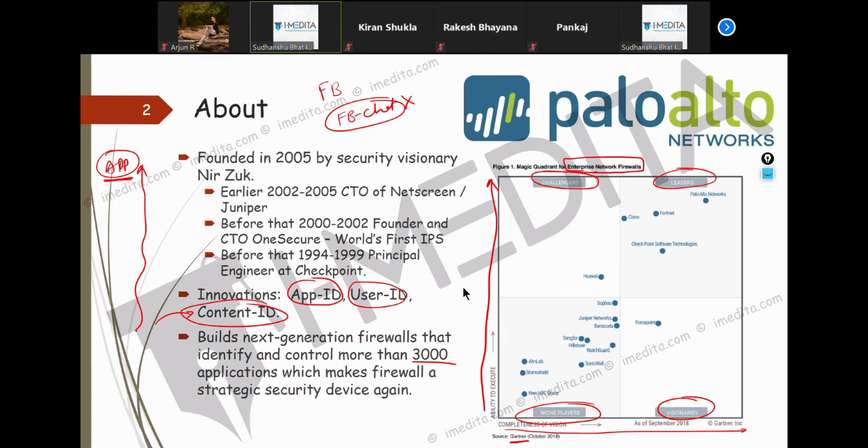If you are working on a security product or a firewall whose name is not here, and this is old, October 2018, you can search for the latest one on Google, that means you should start learning some vendor from these four. Why is this important?